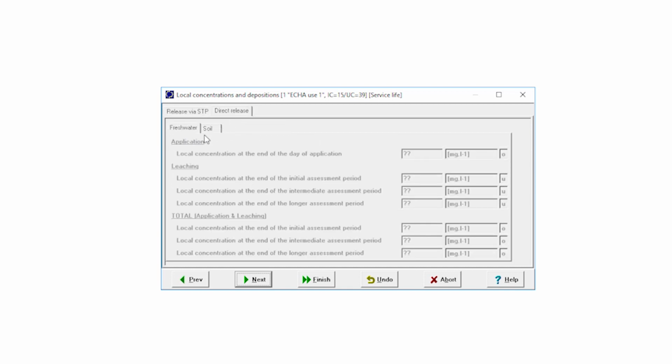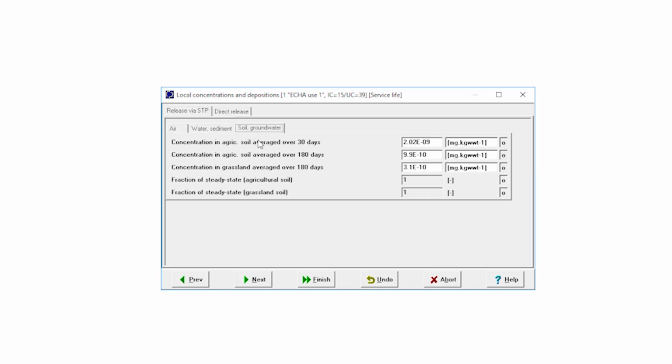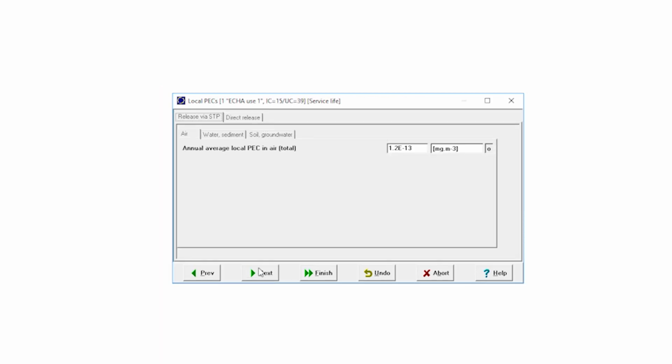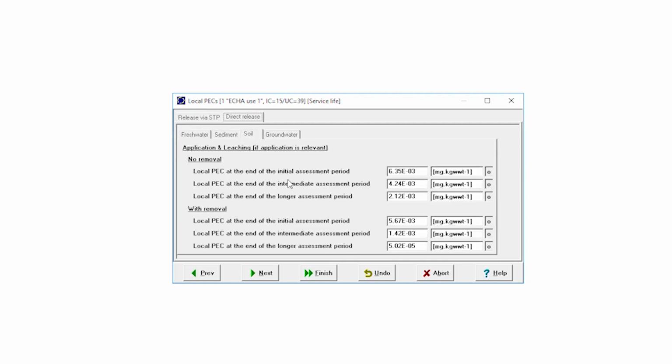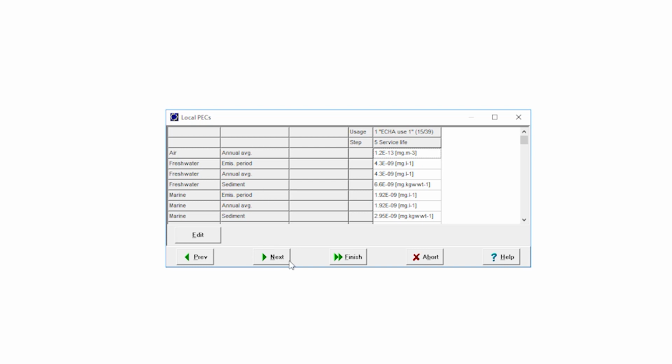In the Direct Releases tab, the tab Soil provides the local concentrations at the different assessment periods. And these concentrations here do not take into account degradation. And note that different soil compartments are considered for the direct releases and for the releases via STP. So we cannot combine these two concentrations. The local PECs for the different compartments are provided in detail in this window. Note that for direct releases, the PECs with and without removal are provided here. You click Next and you'll see that the